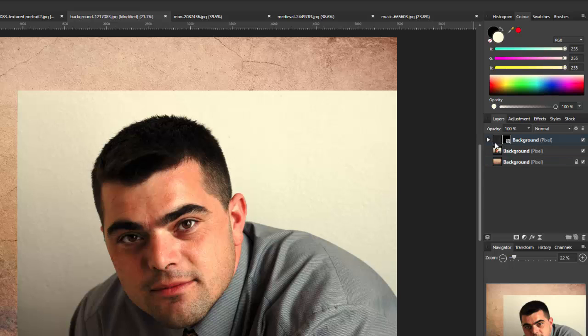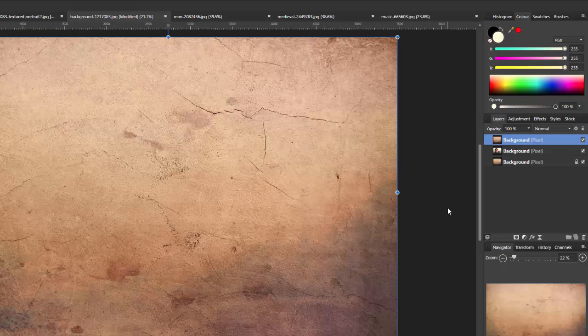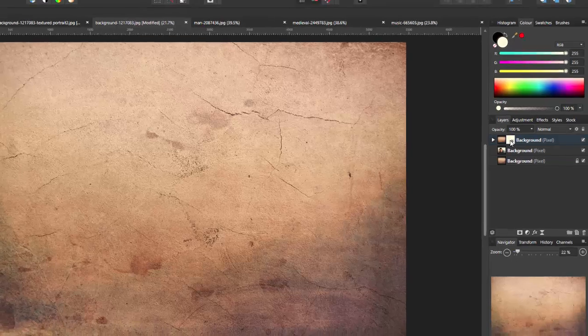So it has now made that wall layer invisible, so you can see the image below. But like I said, I don't want that, so I'll just press Ctrl and Z to get rid of that, and without holding down the Alt key, I will just click on the layer mask,